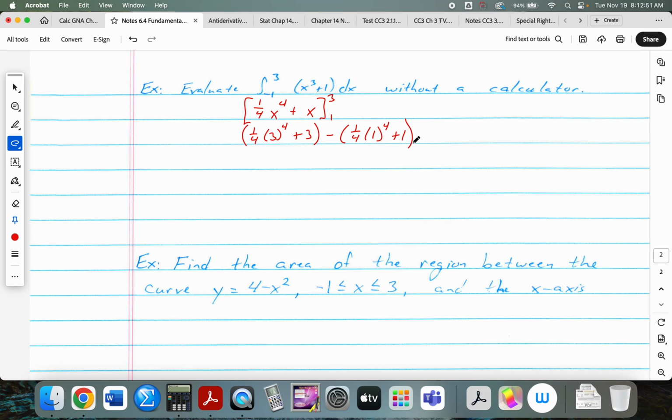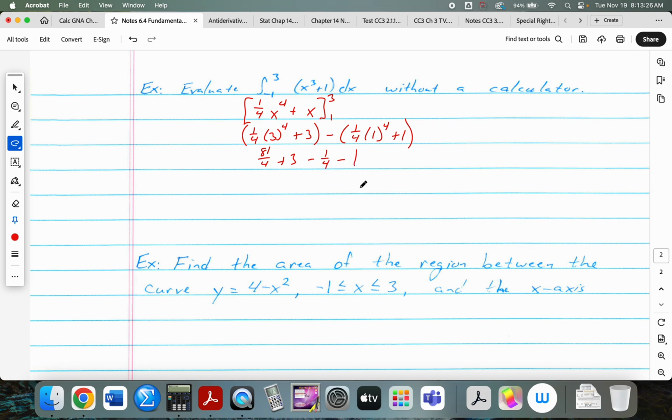But on the free response, if it's a numeric answer and it's something ugly and complicated, like when we did Riemann sums, I told you guys, once you have the Riemann sum, if it's a free response question, stop. As soon as you have the numbers in it, don't try to simplify it completely unless you need it for a subsequent part. All right, so for this, that's going to be 81/4 plus 3 minus 1/4